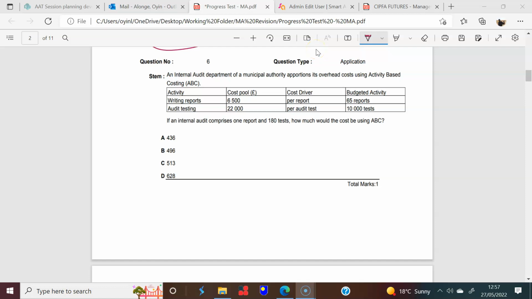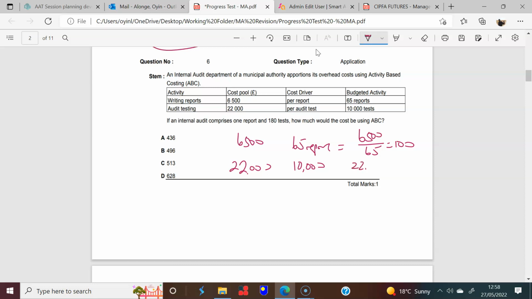Okay, right. So this question 6 is about activity-based costing. You have a total cost of 6,500 driven by 65 reports, and a total cost of 22,000 driven by 10,000 reports. So what we're really looking at here in terms of cost driver analysis is that one report causes a cost of £100 and one test causes a cost